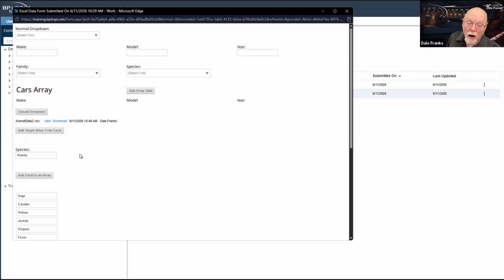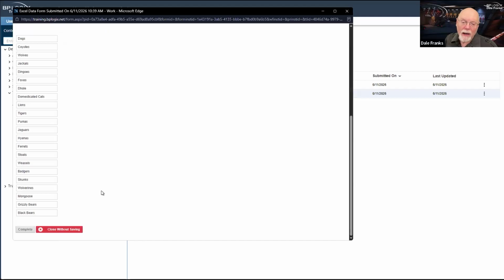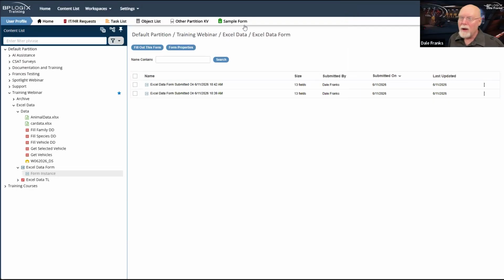Where it really does help, however, is if you're dealing with a single record that comes out in Excel and you upload that, and then it just automatically fills from that single record in Excel, in which case you would know that you wanted B1, B2, B3, B4, and it would be able to pull that data because you know the formatting of the data, then you can reliably set it up that way. If you don't know the formatting of your data, then obviously that becomes a lot more problematic. But doing it in the array becomes a lot easier because you generally know at least what is in the columns of your Excel spreadsheet.